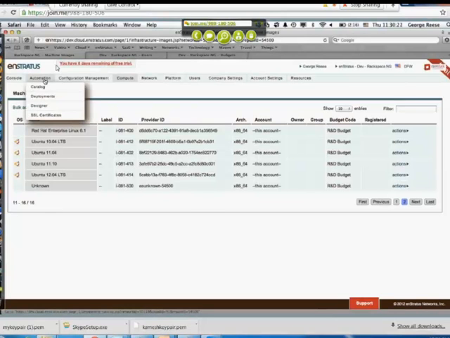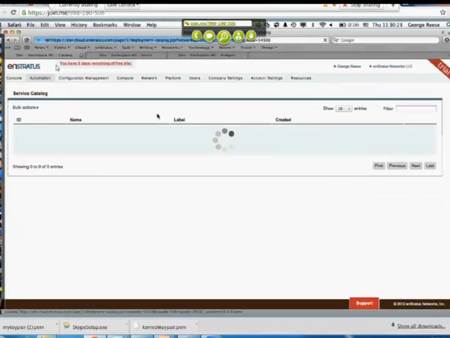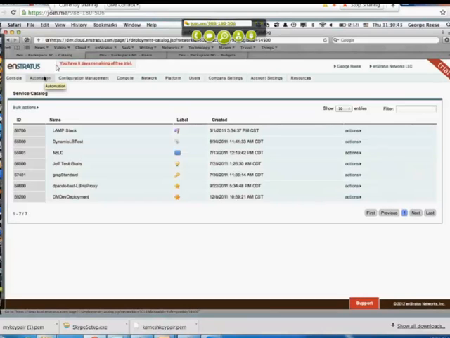Last part I want to touch on here is the complete automation system. This is where you set up these applications, and enStratus manages the full application life cycle. There are 3 parts to this. There's the service catalog, which I'm bringing up right now. There's the designer piece, which is more of a developer-focused thing. And then there's the deployment section, which shows you what you've actually got running out there. The service catalog is really the beginning of what we say is the end-all, be-all of cloud management, essentially